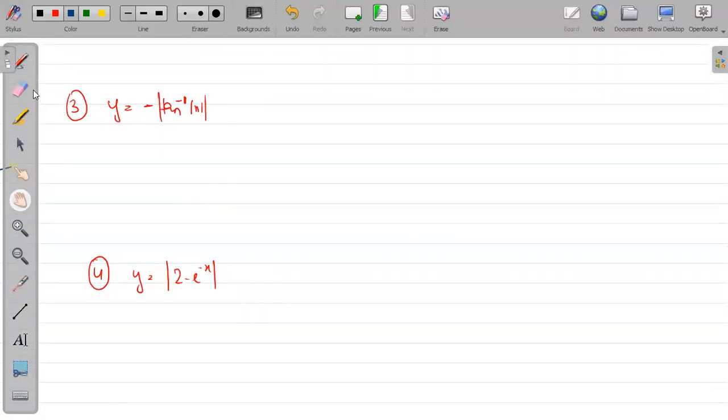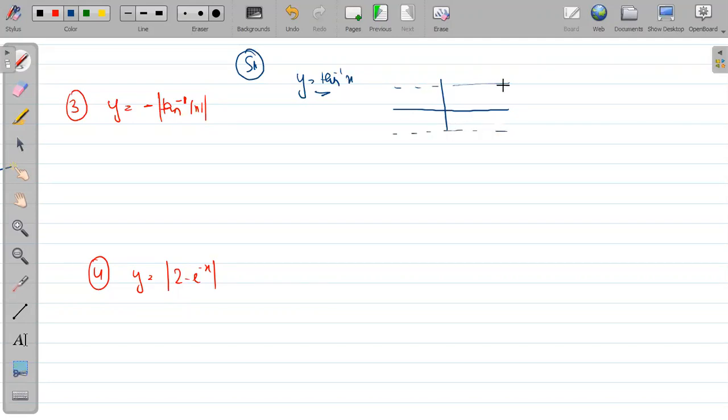Next, point number 3, question number 3. See, tan inverse. Do we know the graph of tan inverse? Yes, sir, definitely we know. What is it? Tan inverse x. Yesterday I told you that you have to remember all the graphs. So this is the graph of tan inverse x. It is never touching this dotted line. The dotted line is at what point? Pi by 2 and minus pi by 2.